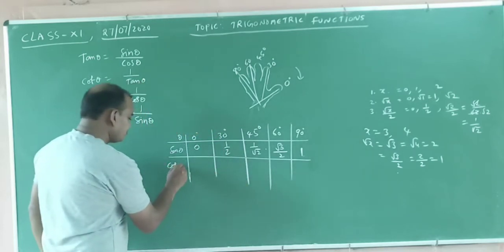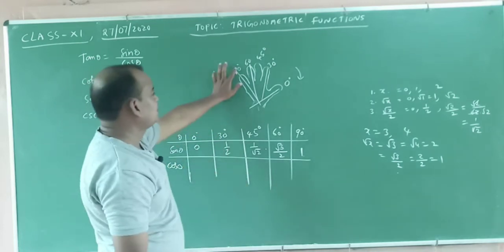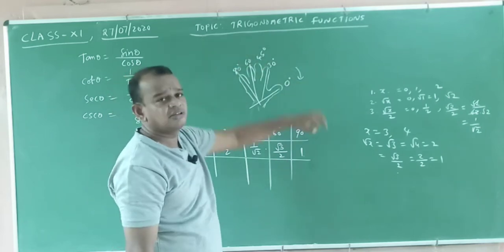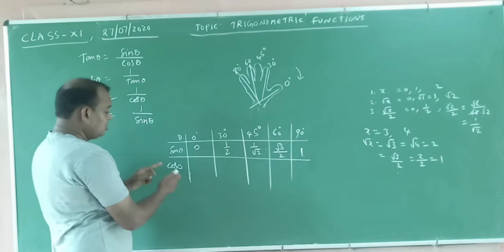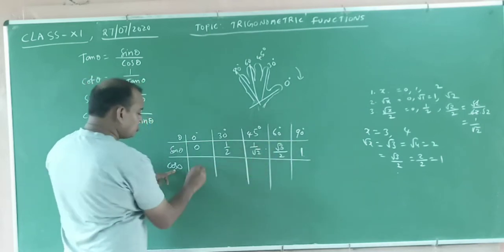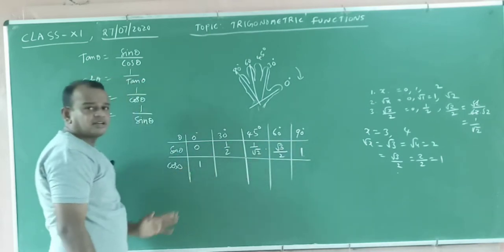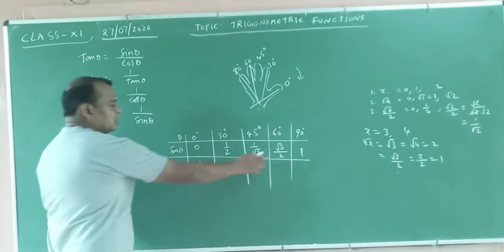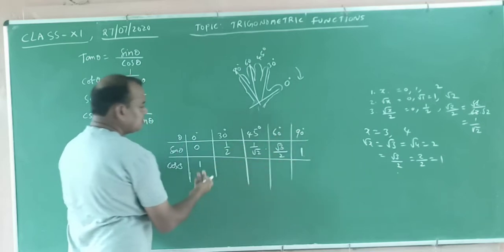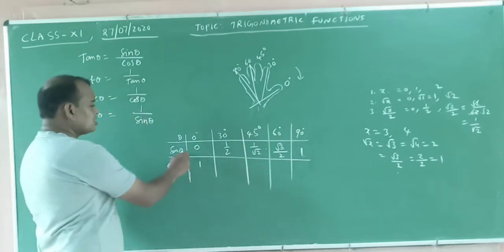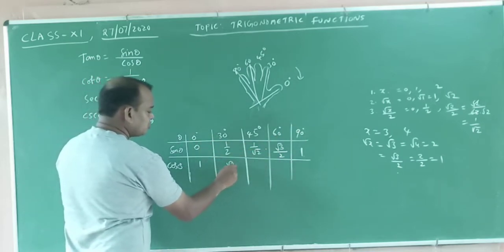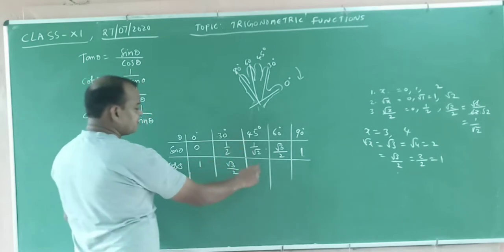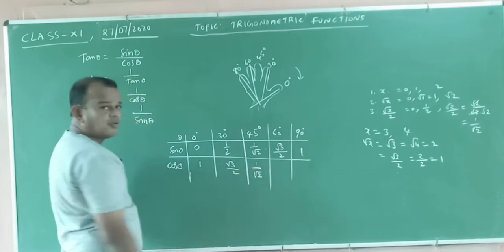Now cos, in the reverse process, no doubt at all. From the left side you can count, this is 90 degrees, how many fingers are there? Now you write this side, cos 0 means in opposition, the reverse side you write. Cos 0 is equal to 1 means sin 90 is equal to 1. Now cos 30 is nothing but this one, what happened? Root 3 by 2. Understood or not? Now cos 45 is the same, 1 by root 2.